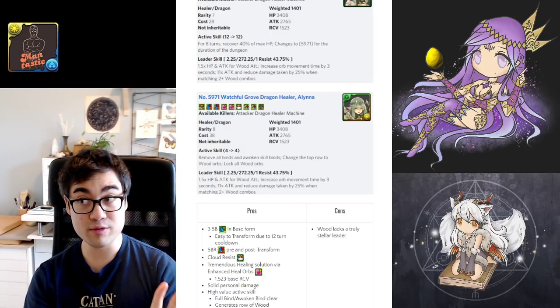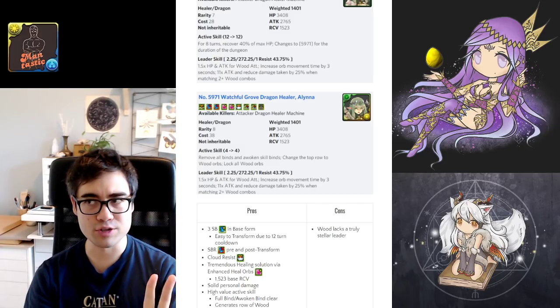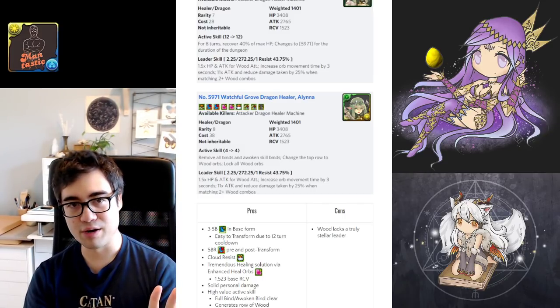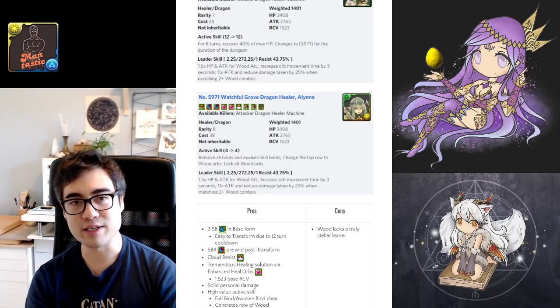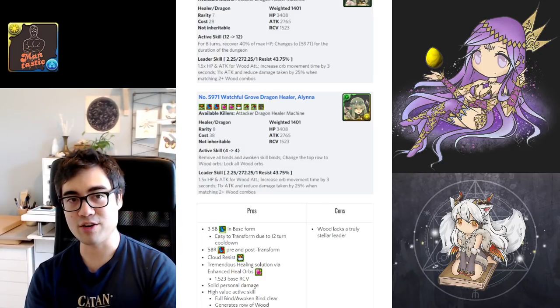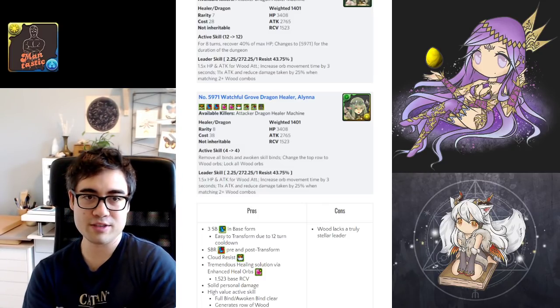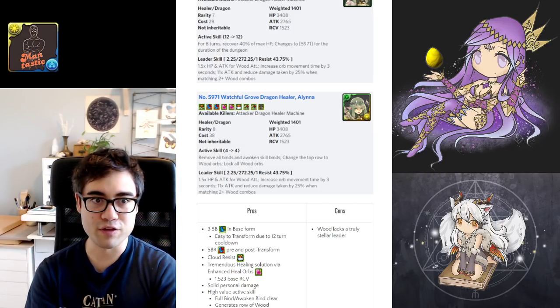It fully removes all bind and awoken binds, and then changes the top row to wood orbs, and then locks all wood orbs. So a soft counter to spinners, a reliable orb generation, and easy way to clear bind and awoken binds. So I think that she's a pretty well designed card in the sense that she kind of offers everything, so to speak. She's giving you a bit of resistance, she's giving you healing, damage, powerful active skill, easy